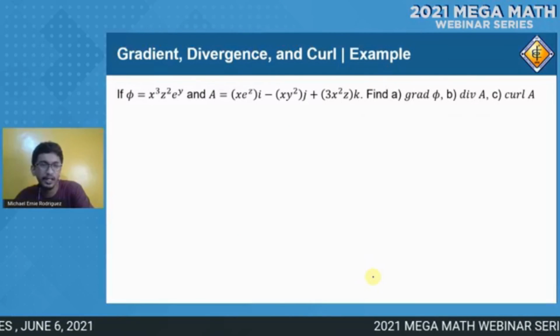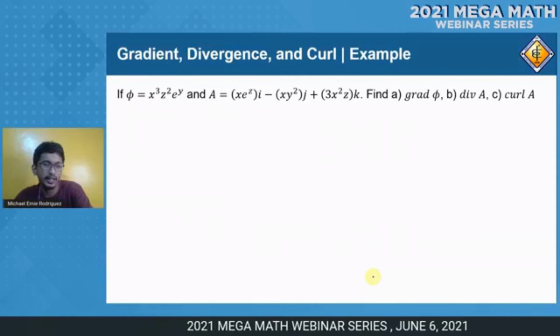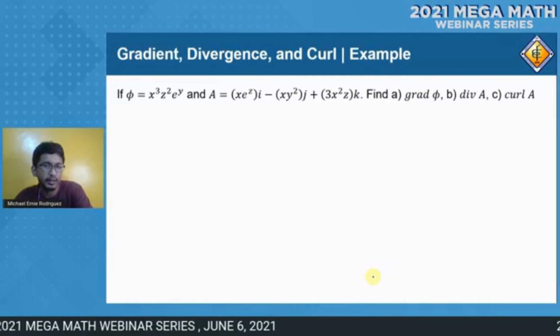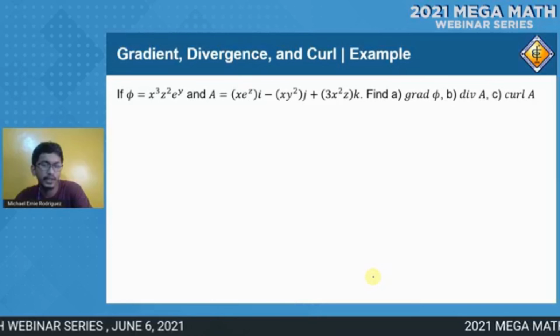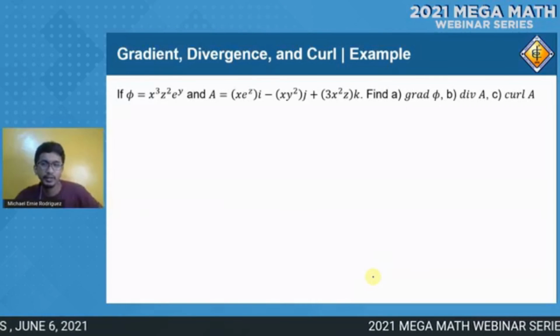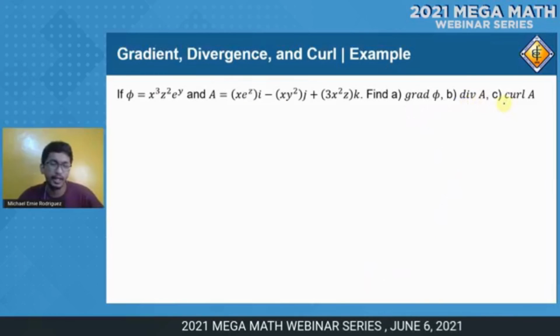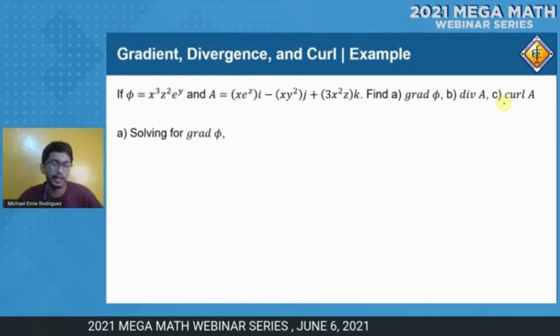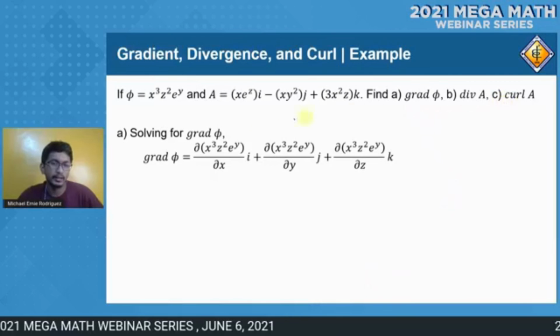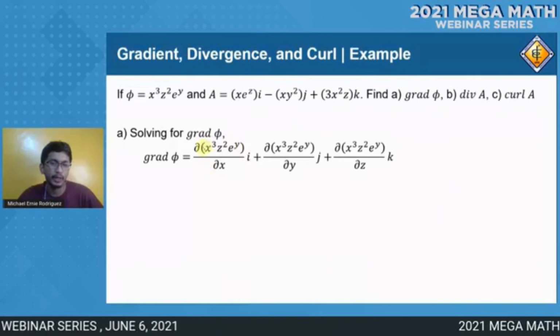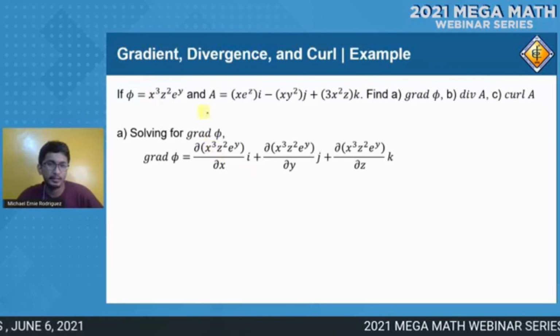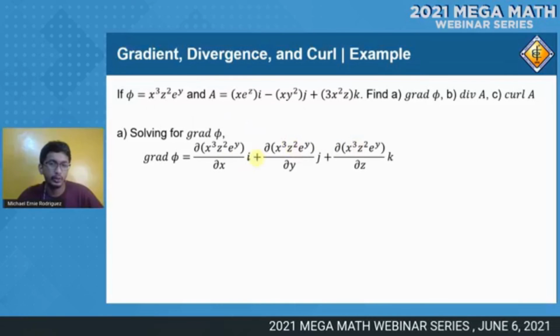Okay, so if phi is equal to x cubed z squared e raised to y, and A is x e raised to z times i minus xy squared j plus 3x squared z k. So find gradient of phi, divergence of A, and curl of A. So for grad phi, so that is this one. Okay, so input mo lang yung phi. Ito yung phi natin, di ba? Lagay mo dyan. And then you